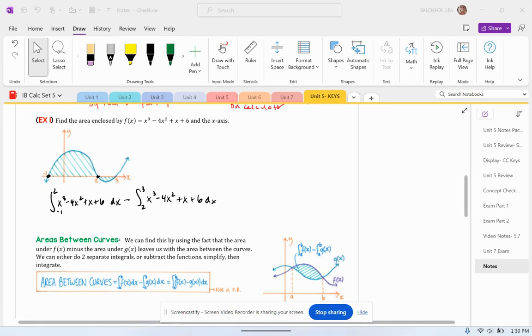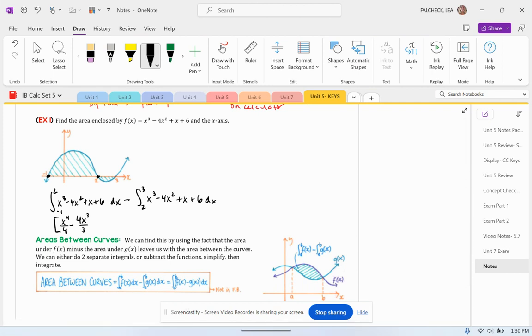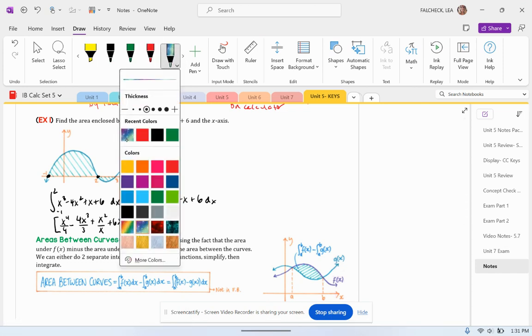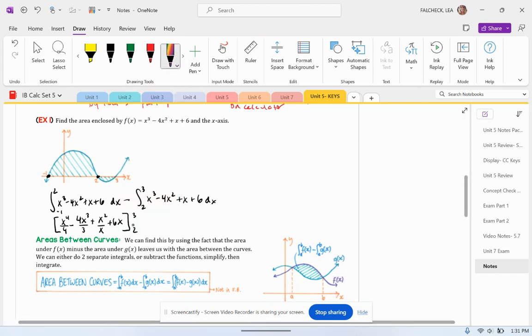So you would end up integrating and you would get x to the fourth over 4 minus 4x cubed over 3 plus x squared over 2 plus 6x, and your bounds of integration will be from 2 to 3. You are then subtracting that negative area to kind of find its absolute value in a roundabout way, right? Minus